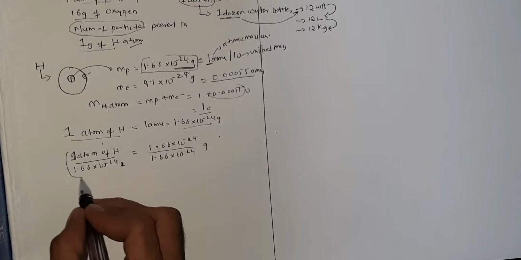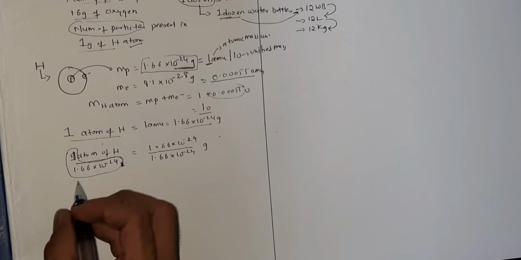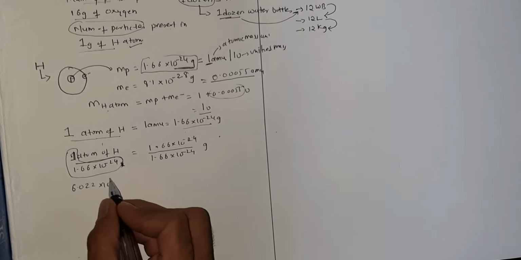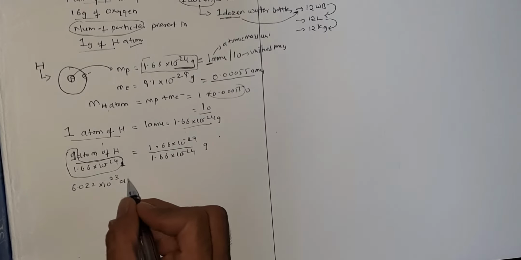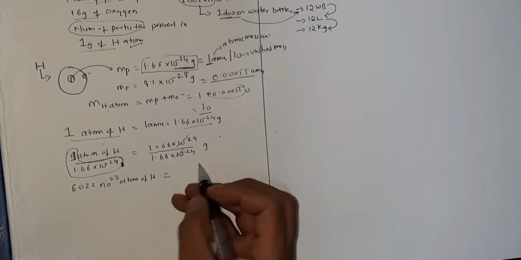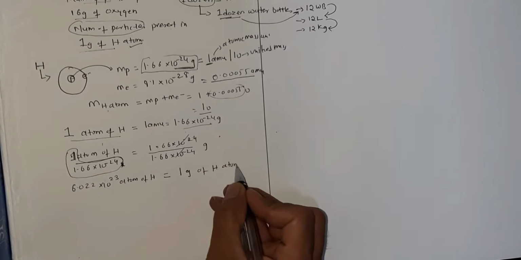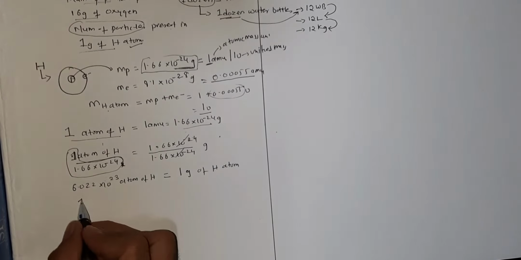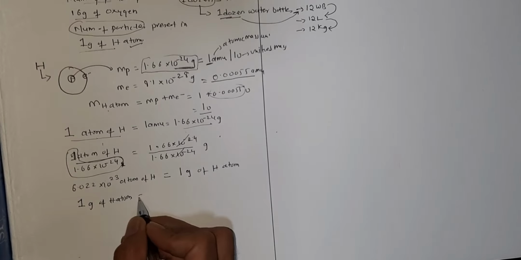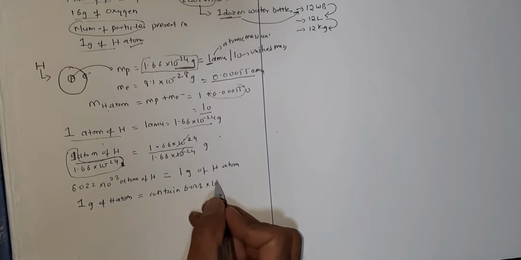So now the reciprocal of this number, 1 upon 1.66 into 10 raised to minus 24, is 6.022 into 10 raised to the power of 23 atoms of hydrogen is equal to, you cancel this, the answer becomes 1 gram of hydrogen atom. So 1 gram of hydrogen atom will contain 6.022 into 10 raised to 23